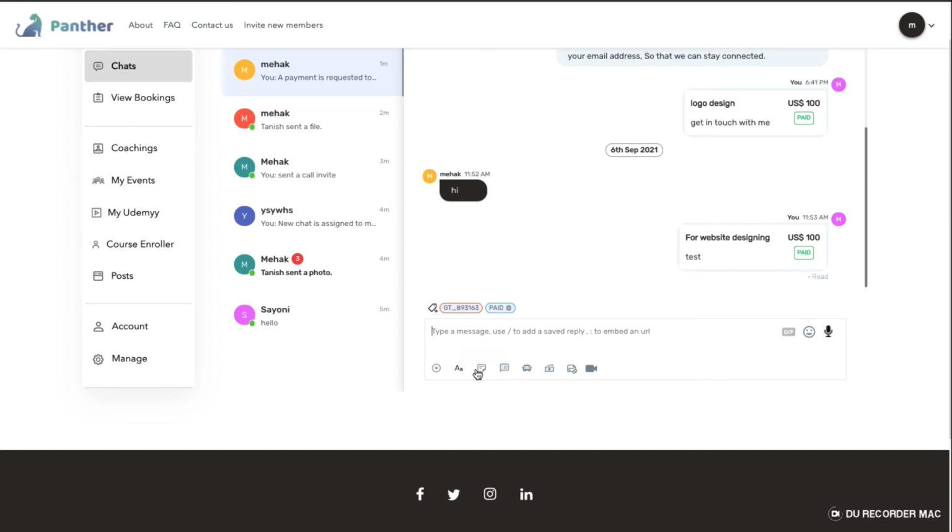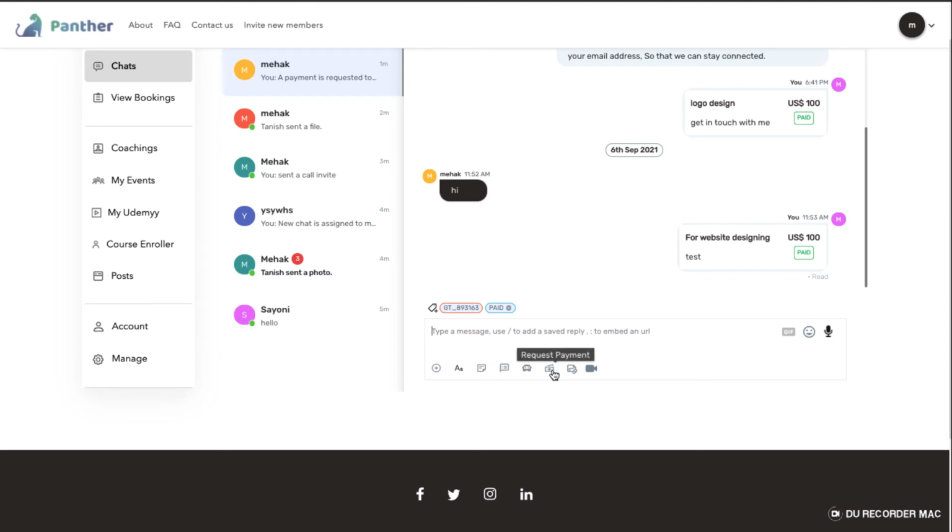This is the option for a text message. If you want to put in an internal note for the admin's reference, you can put it here. This internal note will not be visible to the customer. These are some saved replies. If you don't want to repeatedly type the same message again and again, you can save it in the replies, and you can straight away share the reply once, in case of repetitive messages. This is the bot you can use.